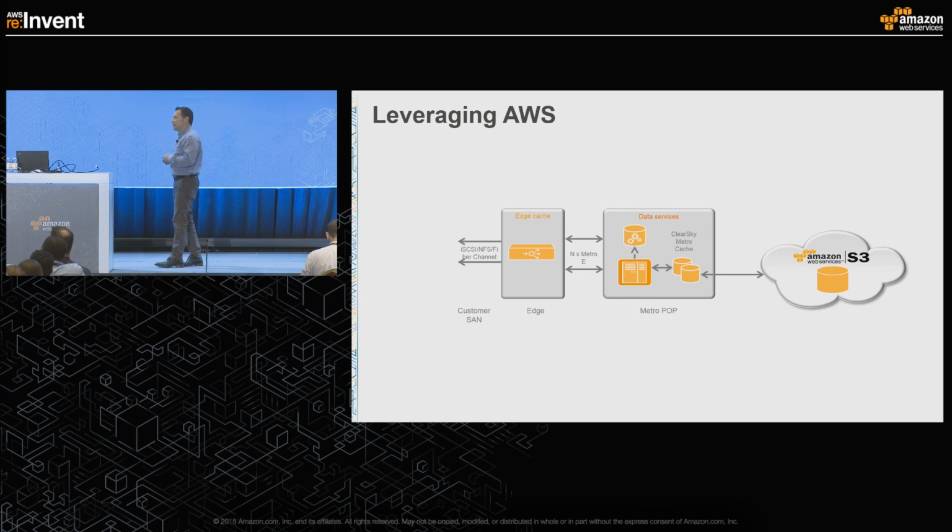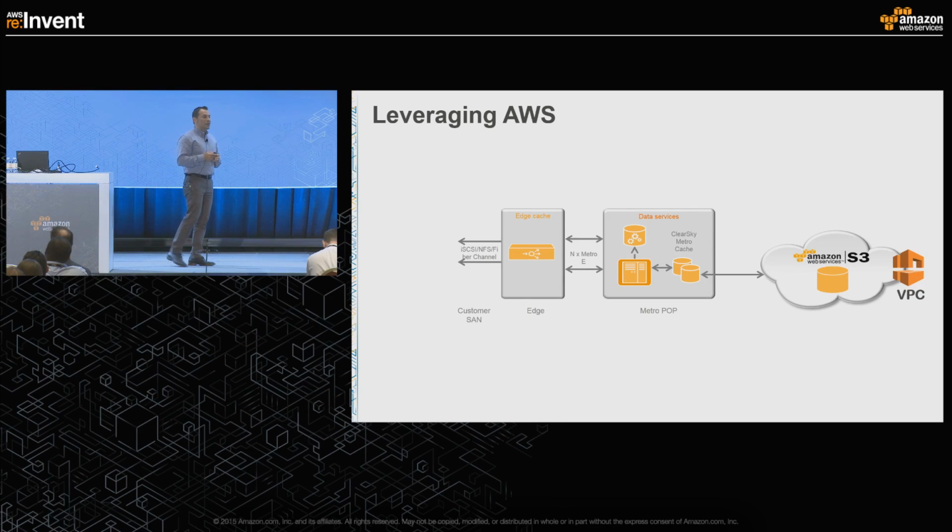So, because we are leveraging AWS not just as a backing store, we've taken advantage of a huge number of innovations that have come out of the AWS team. So this is truly an AWS leveraged service. Of course, we start with S3. As I mentioned before, we have a very, very high durability object storage. It allows us to take advantage of the durability that it offers so that we don't have to have durability inside the caching network.